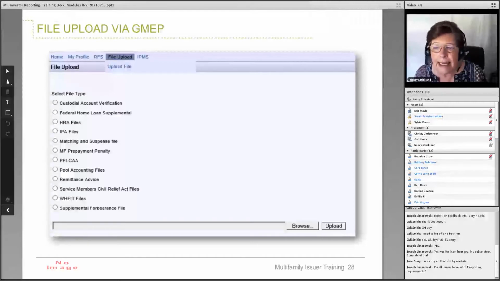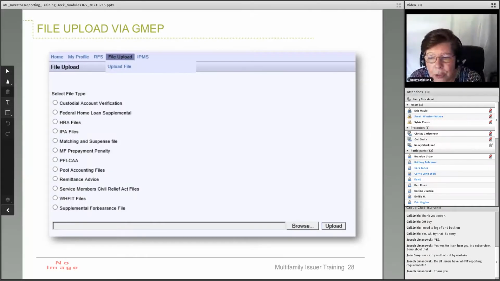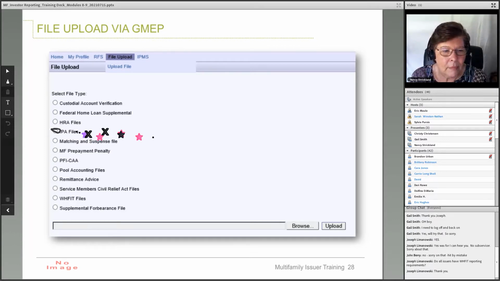Using the Annotation Tool, please put a sticker on the option you would select to upload the financial annual documents. While y'all are still placing your stickers,